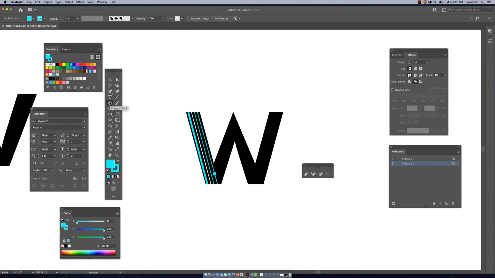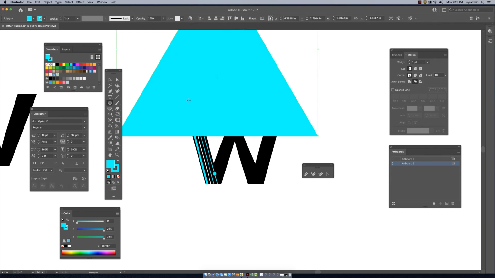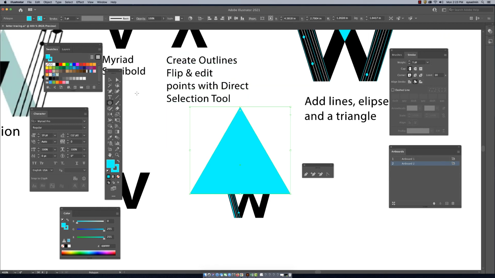Now I need to make a triangle, so I'll go get my polygon tool. And with any of these tools, when you want the window to pop up so you can customize the shape, you just double click. And then when I click on my artboard, I get my window for it. To make a triangle, you need to put in 3 sides. And then there's my triangle. It's ginormous. So I'll make that a little smaller,